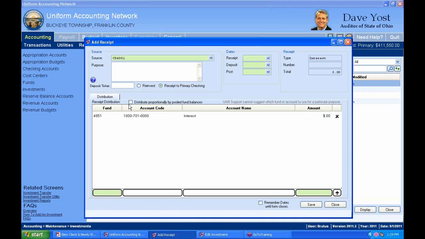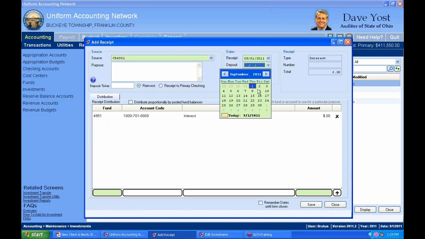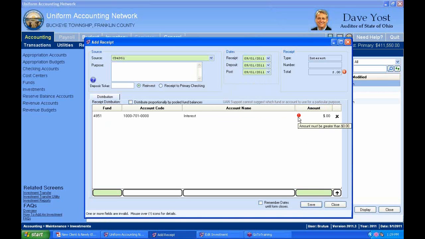not reinvesting it. But notice what happens when I click on reinvest. Well, I don't believe it's going to let me post this, but it doesn't. Yeah, it doesn't give me a choice. I'll just save the dates here. If I try to save that, I get an error message. Amount must be greater than 0. Well, that's one thing. Fix that. Let me see if it gives me an error. Okay, good. That's the error that I'm looking for. Only revenue accounts in Fund 4951